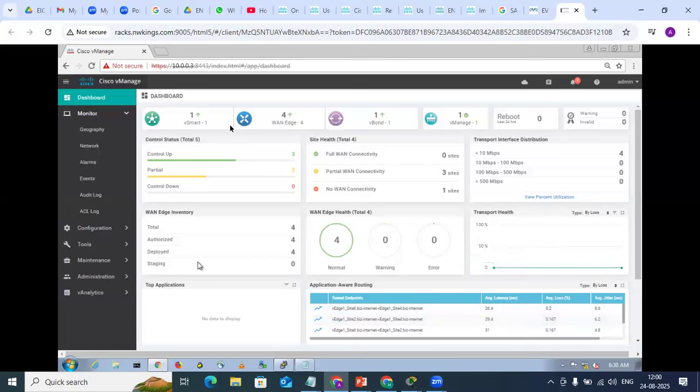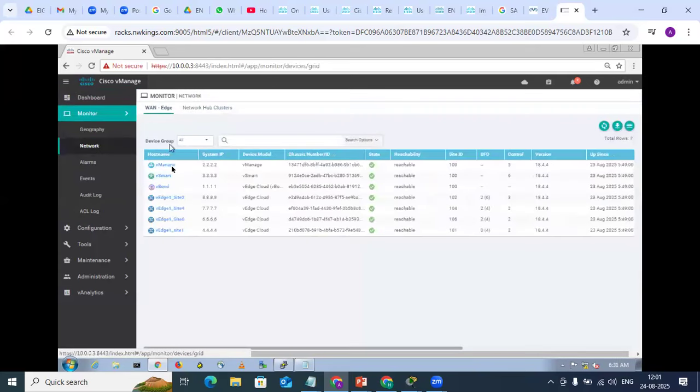So everything is available here on the dashboard itself, how many vEdges are deployed, how many are authorized, right? So total vEdges are 4 right now in this particular scenario. And if I go to the network, I can see them with their system IP, with their device model number, with their chassis numbers, with their IP reachability, with their site IDs, right? What are their BFD connections? How many control connections they are having up? What is the version of these devices? And since when they are up,